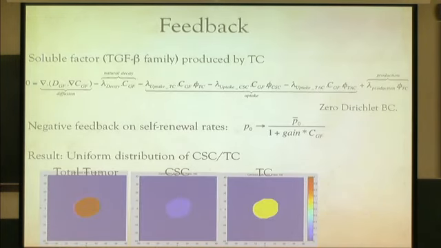Okay, and then now the negative feedback factor, well, that's going to be produced by various types of cells, the differentiated cells mainly, so that's what we'll assume. Then it can be uptaken by various cells, and it will diffuse and decay. And then how that affects things is that it changes the self-renewal fraction by basically decreasing it. This is just a simple Hill function type decrease, where you have a gain with respect to this factor. And so if you just include this into the model and you solve the equations, you start with something uniform, then you'll get a tumor that basically contains a uniform distribution of cells.